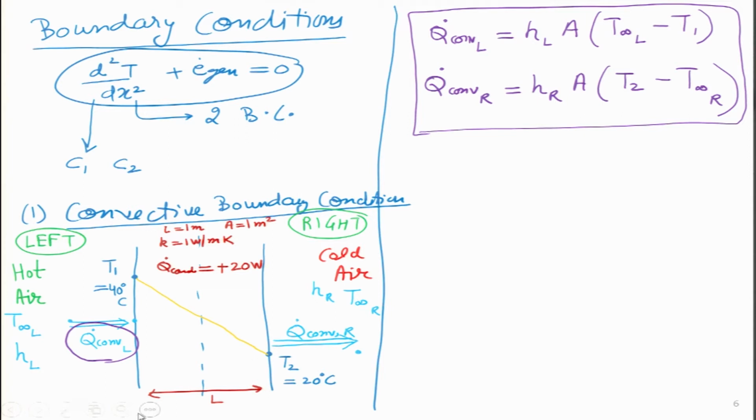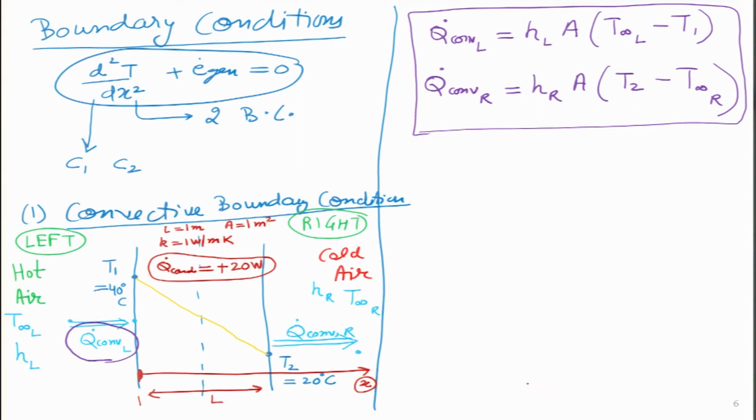Because earlier we defined that the x axis starts over here. So from here we have taken the x value. Oops, it is not allowing me to draw there, so I will draw it over here. This is my x axis, the positive direction of the x axis. So whatever conduction heat transfer is taking place, I have a positive value over here. I hope everything is clear so far.